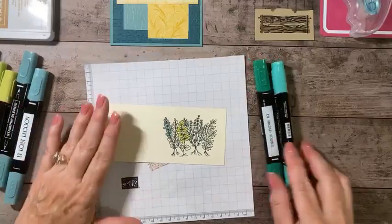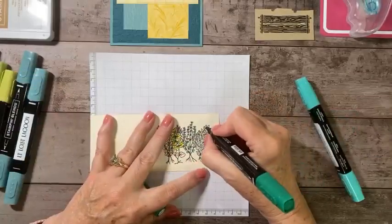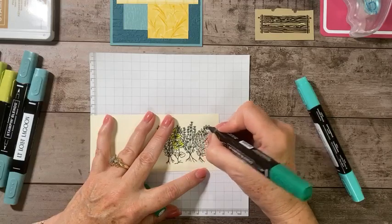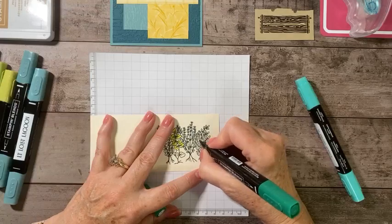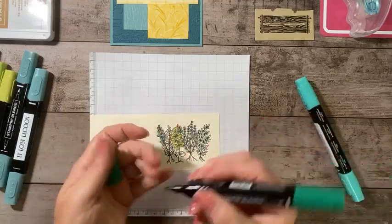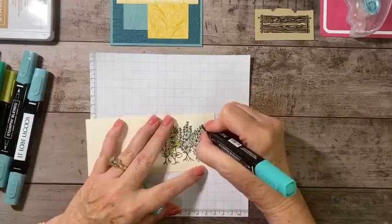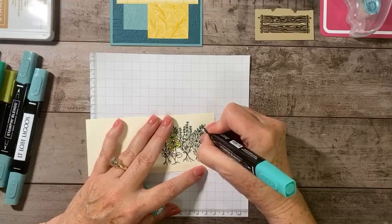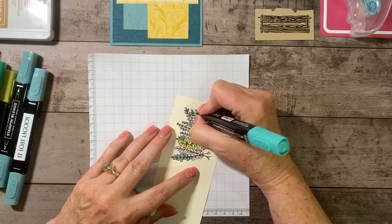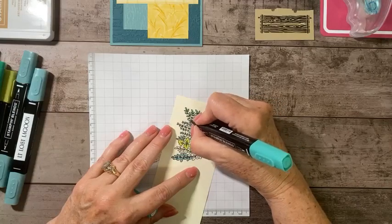And finally, with the dark and light shaded spruce, I'm going to do the last herb. And again, I'm just dabbing in a little bit of the dark at the stem. And literally just dabbing. Just a little dot here and there. Okay. And then we're going to go back with the light shaded spruce and fill that in. Again, I like to start at the tip of the leaf and work my way toward the stem. I just find I have less bleeding when I do that. Okay,